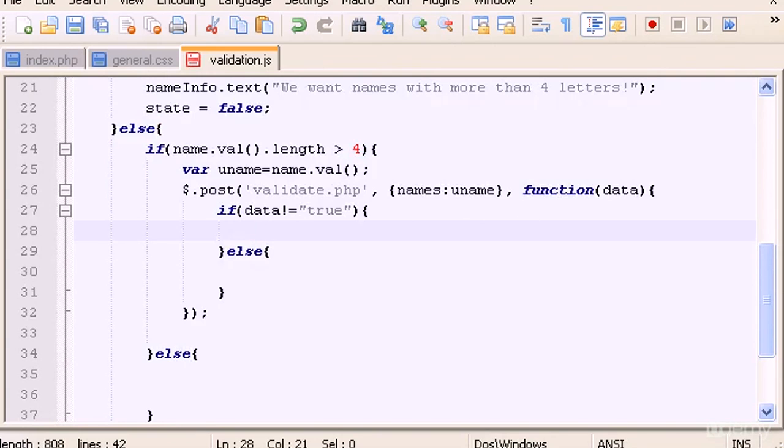If you have an error, go back in the video and make sure you did all what I'm doing. Copy everything I'm doing. So if that is not equal to true, here I'm going to type name.removeClass